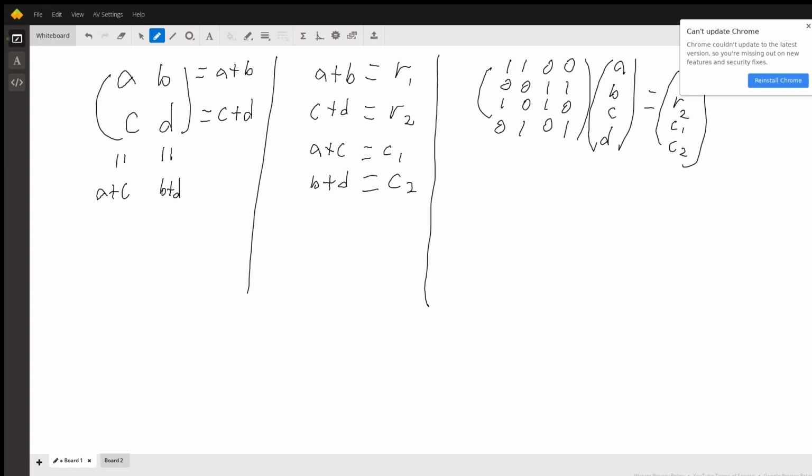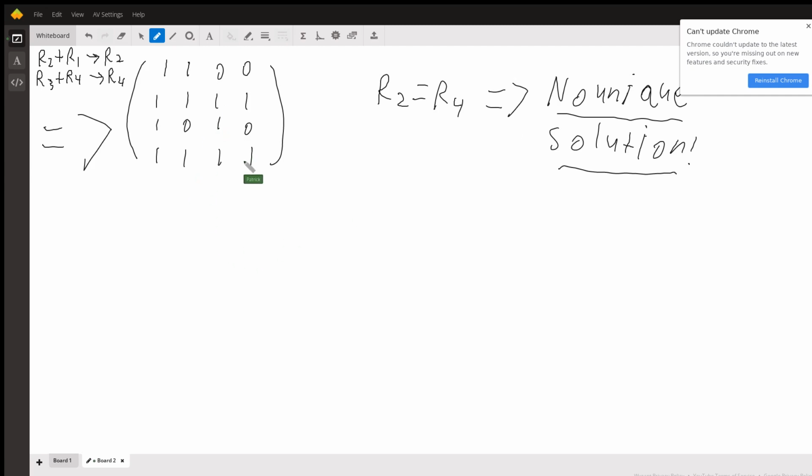So first of all, I can sum row 1 and row 2 together and make that the new row 2. Likewise, I can sum row 3 and row 4 together to get the new row 4, and it results in this matrix. So you can see now the second row is all 1s, the fourth row is all 1s. In other words, row 2 is equal to row 4. And what this is going to imply is there's no unique solution. Because if those two rows are equal, then there is either going to be no solution, or there's going to